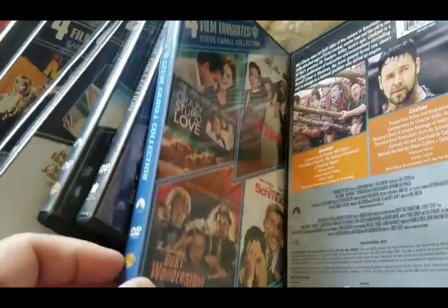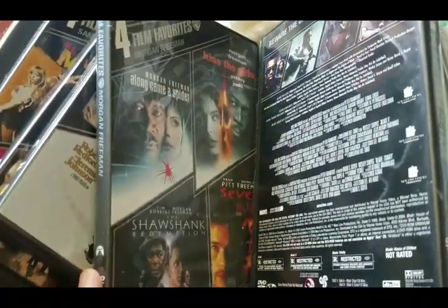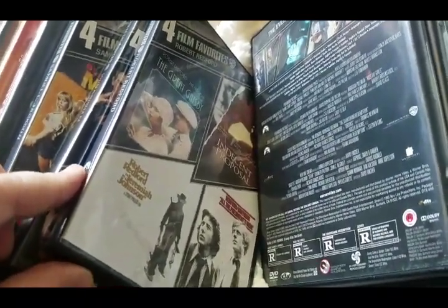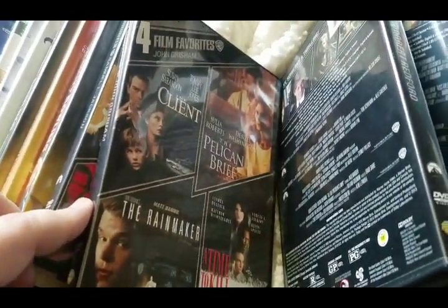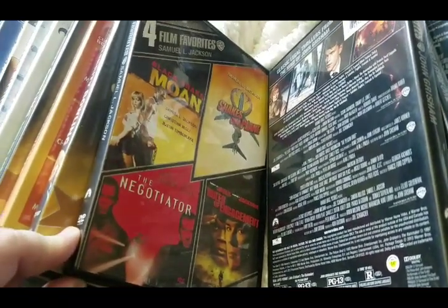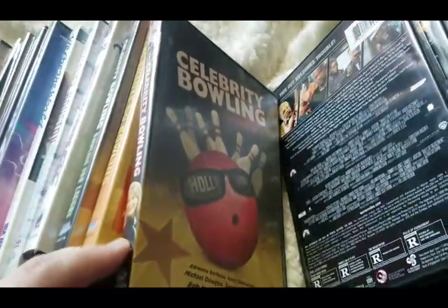which has Crazy Stupid Love, Get Smart, Burt Wonderstone, and Dinner for Schmucks, the Blade collection, the Morgan Freeman collection, which has Along Came a Spider, Kiss the Girls, Shawshank Redemption, and Seven, the Robert Redford collection, which has The Great Gatsby, Indecent Proposal, Jeremiah Johnson, and All the President's Men, John Grisham collection, Client, Pelican Brief, Rainmaker, A Time to Kill, Samuel L. Jackson collection, Black Snake Moan, Snakes on a Plane, Negotiator, and Rules of Engagement, Celebrity Bowling,